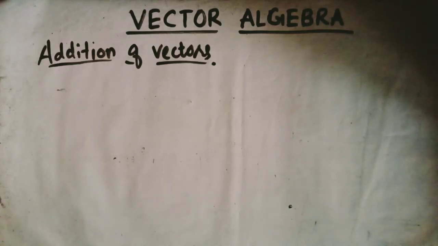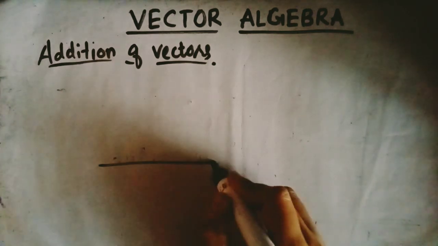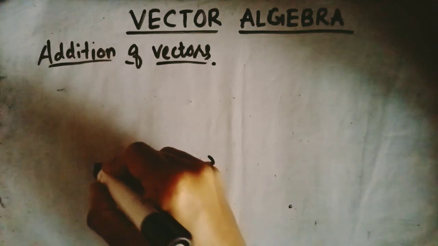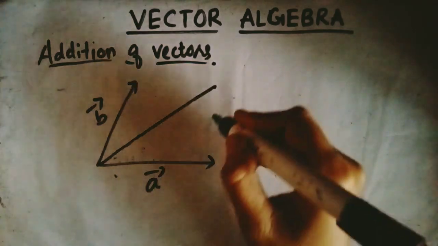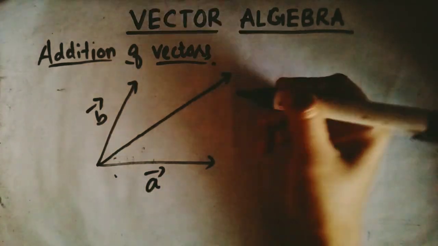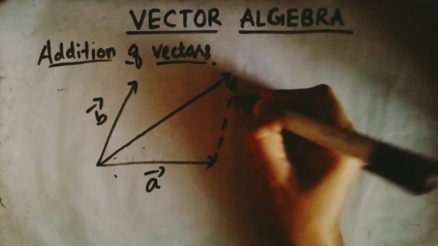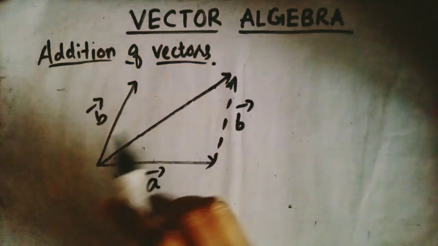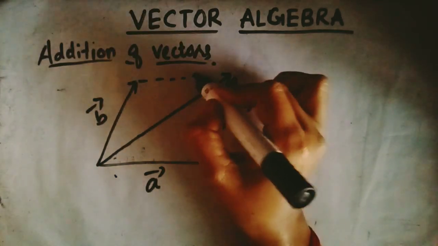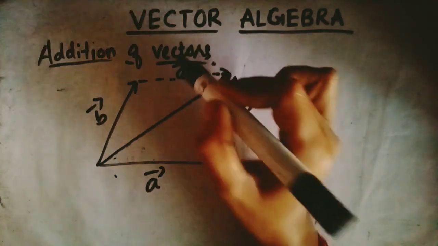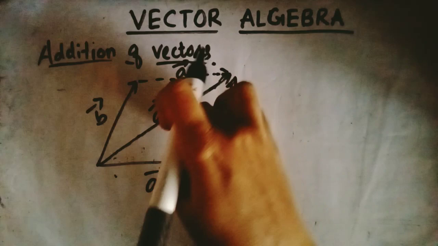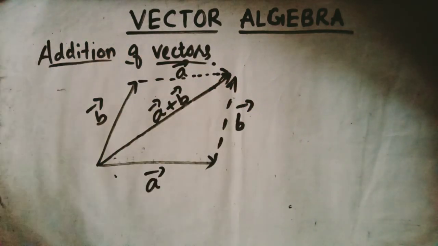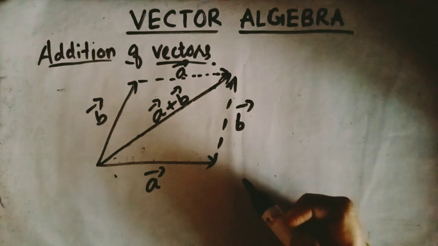There is one more law, that is parallelogram law of vector addition. So suppose you have a vector and a b vector, then this gives you, this is your b vector because it is same as this, and this is your a vector, right? So this is your a plus b vector. So this is parallelogram law of vector addition.